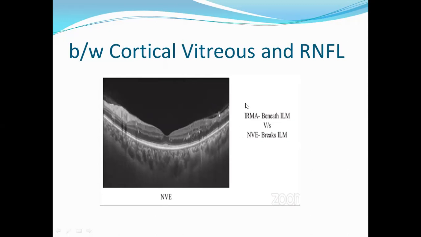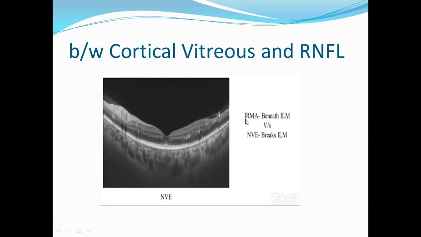Like in the last lecture, I told you there is something known as intraretinal microvascular abnormality, and there is something which is NVE. To differentiate these two, the normal imaging tool is angiography. In angiography, NVE will profusely leak in the subsequent phases of the angiogram. In an IRMA, it normally does not leak.